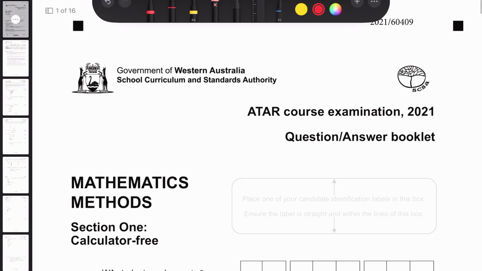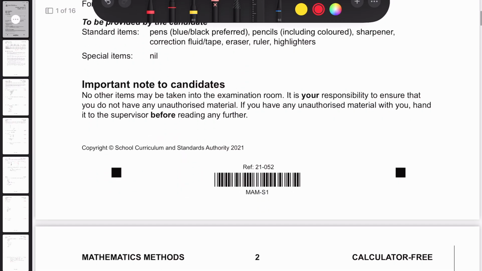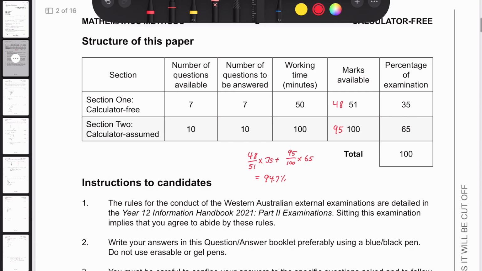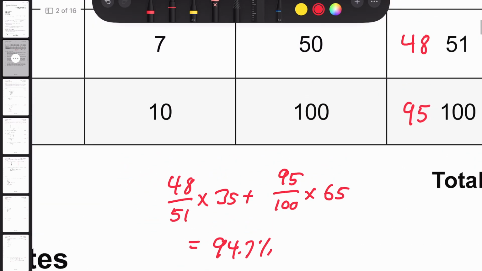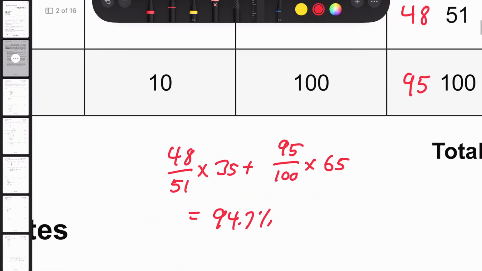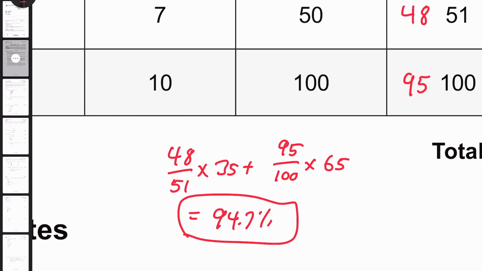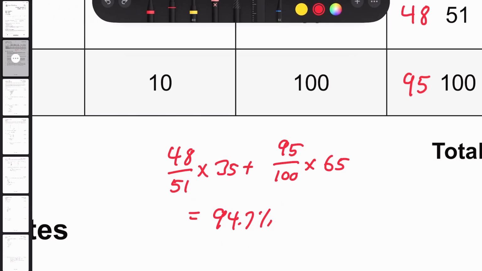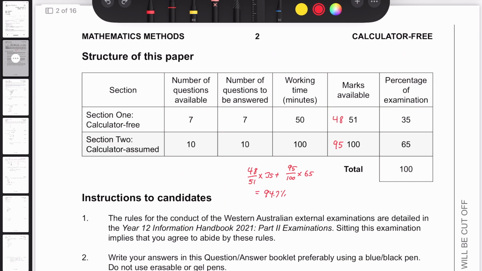I've just finished marking, and quite disappointing. But we got 94.7%. I mean, it's not a bad score. It's just that I know I can get higher. There's 3 marks in calculator 3, and 5 marks in calculator assumed. I can't exactly remember what we lost in calculator 3, but I just marked calculator assumed obviously, and oh boy,